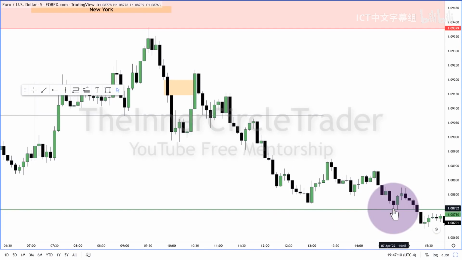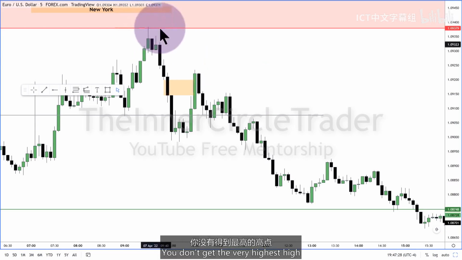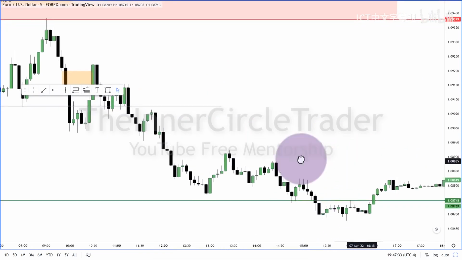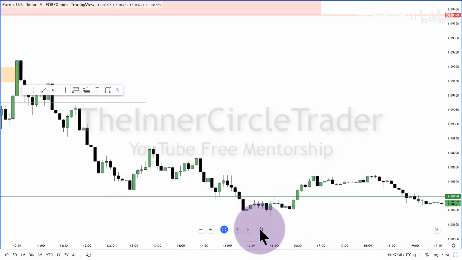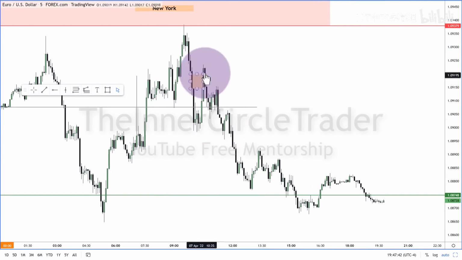trades to it here at 2:45. So at 2:45, it fills it, and that's the end of that. So not bad. It's 10, 20, 30, 40 pips. So there you go, 40 pips. You don't get the very highest high, and it ultimately goes a little bit lower. Who cares? You've structured a trade that makes sense, and it's just a really nice run up in there, and